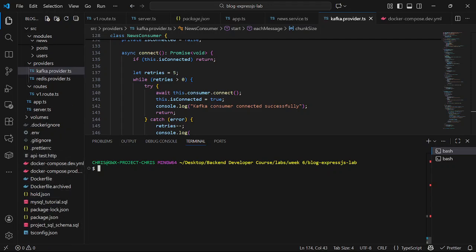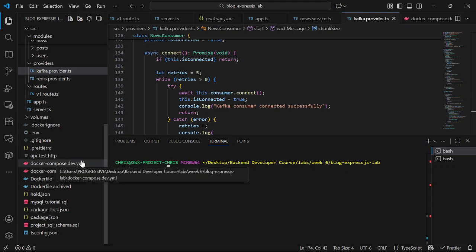So let me start up our Docker services, our Docker containers, and we do that with docker compose -f to choose the Docker file we are going to run, which is this docker-compose.dev.yml.